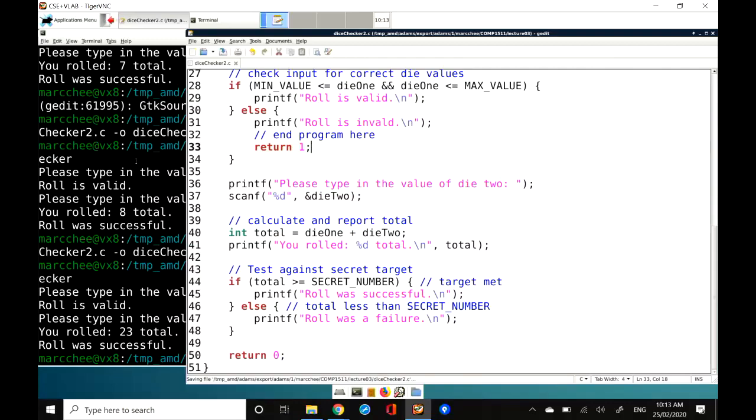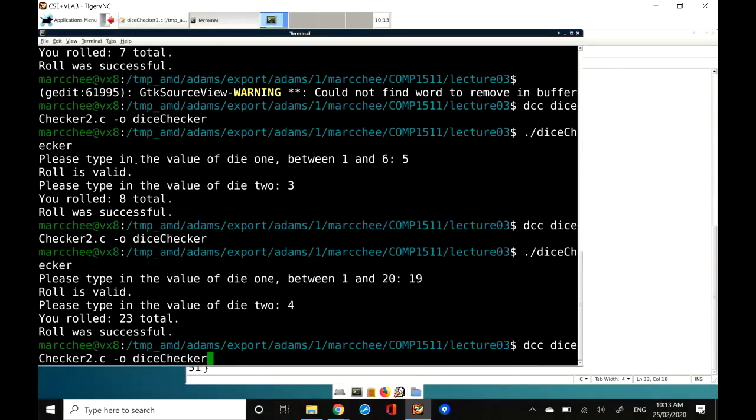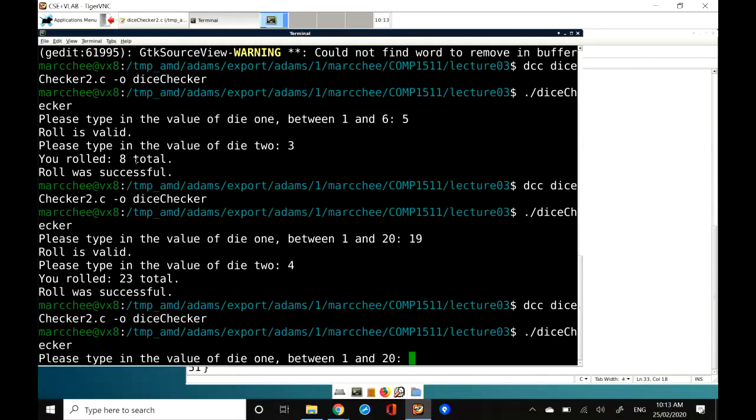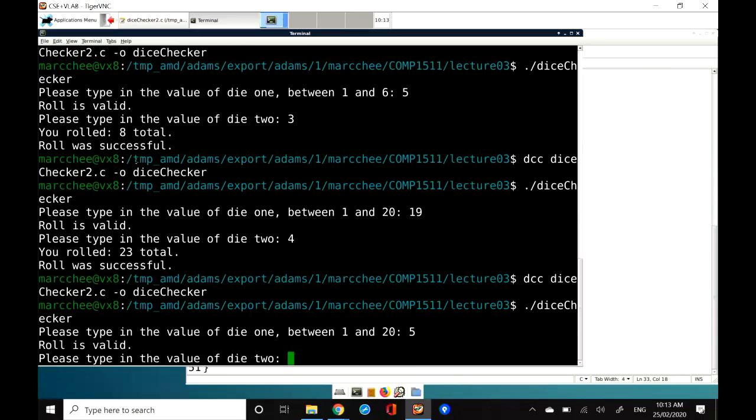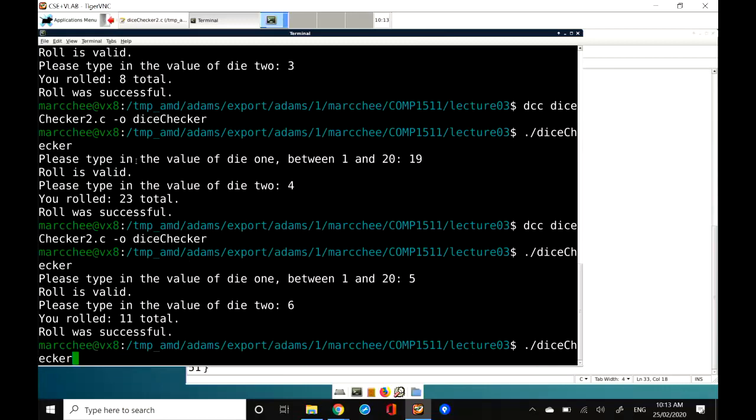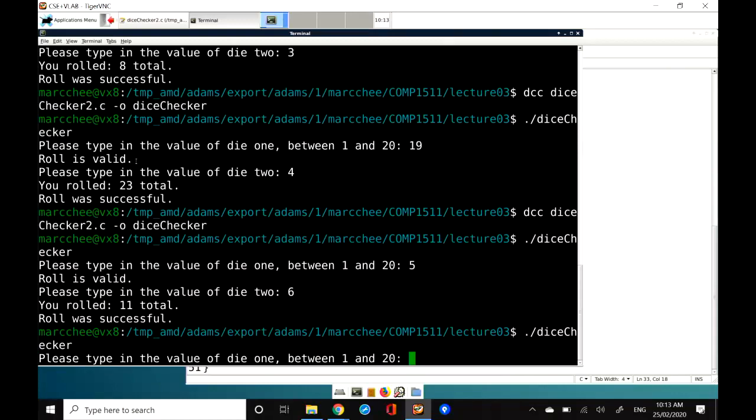Let me just save this and compile this. So I'm compiling again, running. If I give it a valid value, say 5, roll is valid, it continues. I give it another one, 6, successful, right? So this is the behavior we're expecting from this program. Now, if I give it an invalid value, so let's say I give it a -50, which is outside my range of 1 to 20,